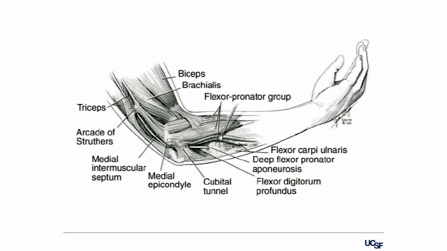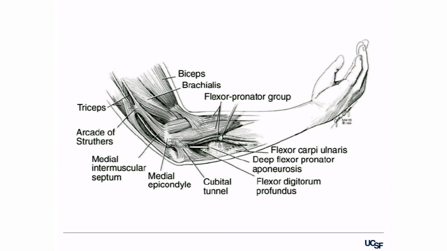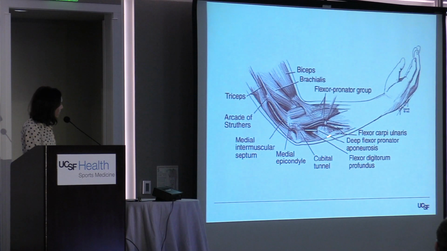There are a lot of areas where the nerve can be compressed around the elbow, the cubital tunnel being the most common site. So that's the roof of where the ulnar nerve goes between the olecranon and the medial epicondyle there. Osborne's ligament is this roof that you'll see here. This is the medial